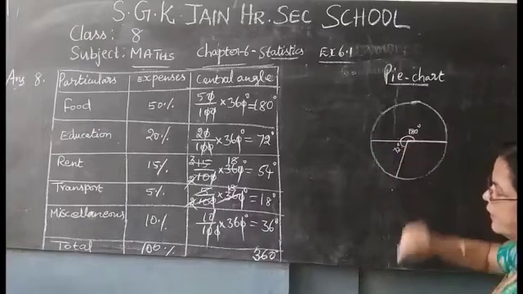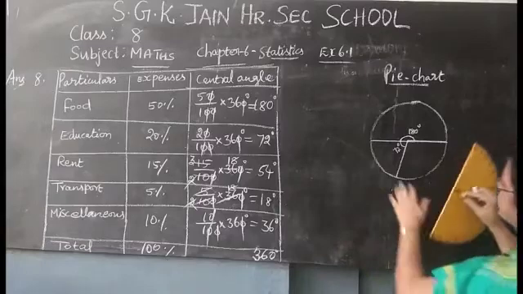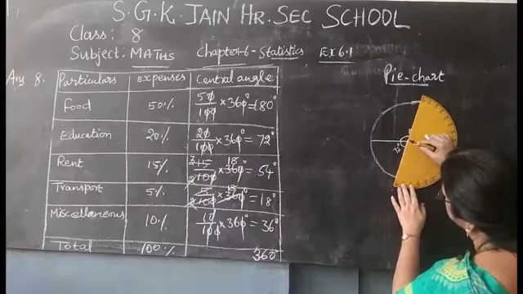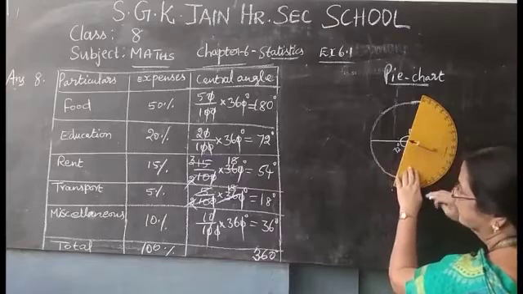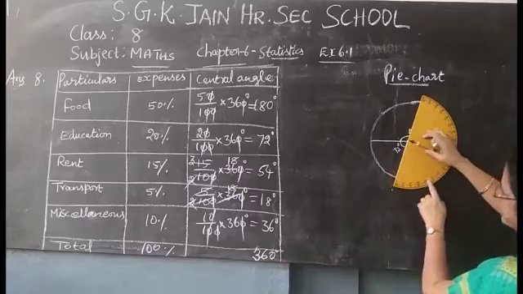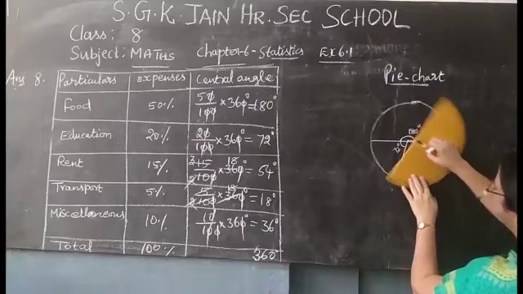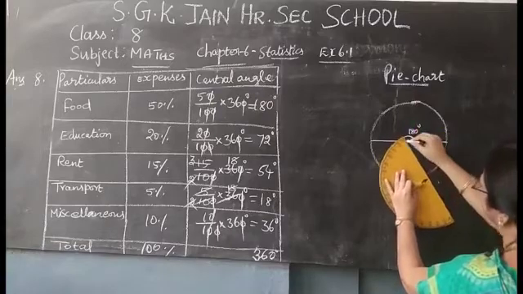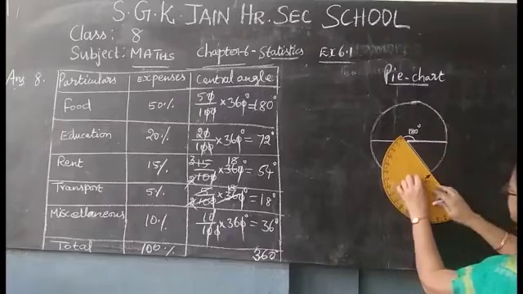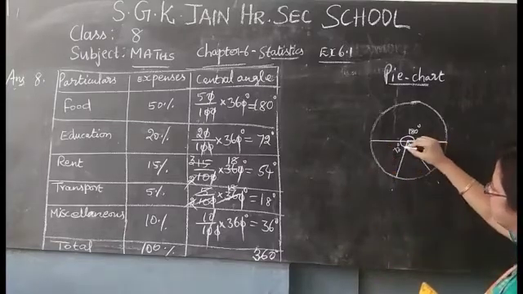So this is how much? 72 degree. And next one, how much is given there? 54. So where we stop? Here only. No. From there you are going to take. See, place it on that line. 54 degree. So here it comes in between 50 and 60. So 54. So join this point and the middle point. Joining till the circle is enough. Okay. Next, how much is it?